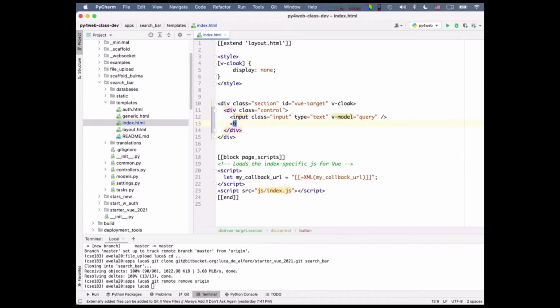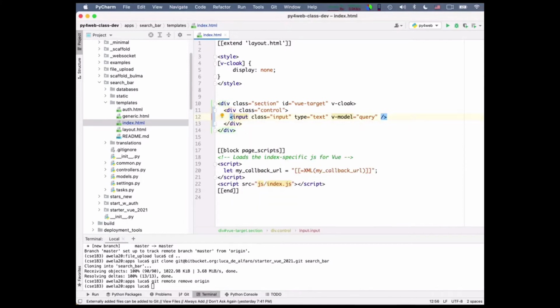Actually, let me do it a bit better. I don't want to have any button. I want that when you type a string, every time you type a character, you take the string you have so far and use that as query. What about that? Is that what you would like to do? No, so that as you type, it can show you dynamically the search results. Many websites do this, right? Like Bitbucket, when you look for a repo, you can just type the name of the repo and then it searches dynamically. You didn't need to press on a search button. So let's try to do that.